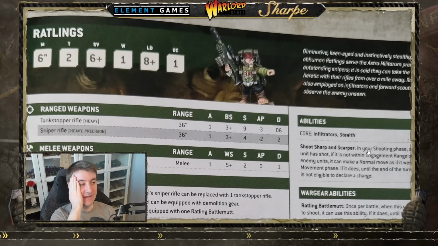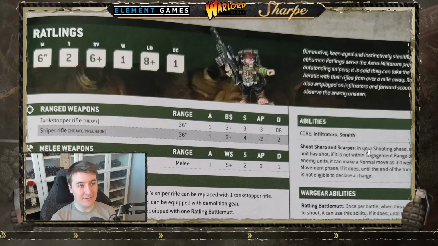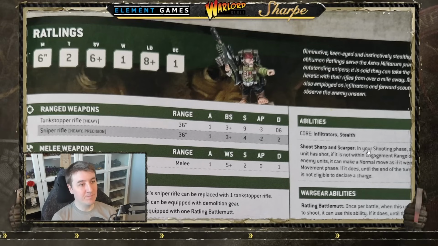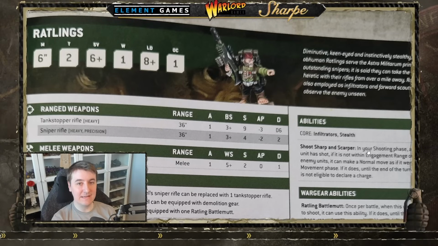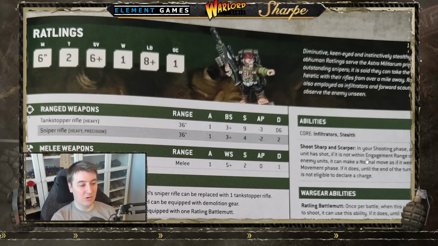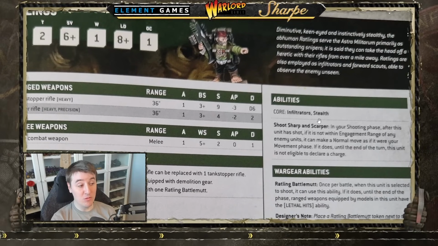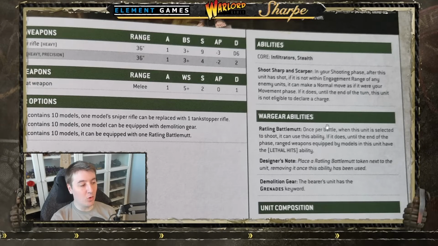But I think the idea of move your Ratlings out, shoot, Scarper onto an objective, maybe get something like Engage on All Fronts, maybe get something like Secure No Man's Land or Extend Battle Lines, I think that's the 160 IQ big brain 5D chess maneuver that you do with Shoot Sharp and Scarper, and that's where I think its real strength is. As for the wargear abilities,